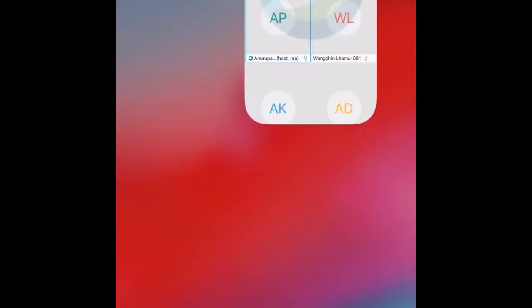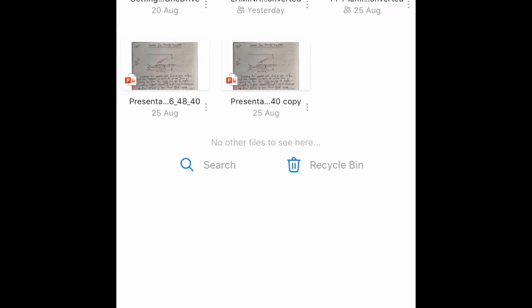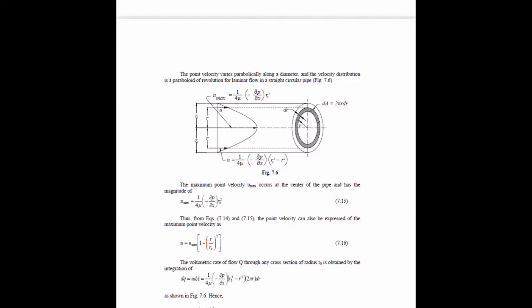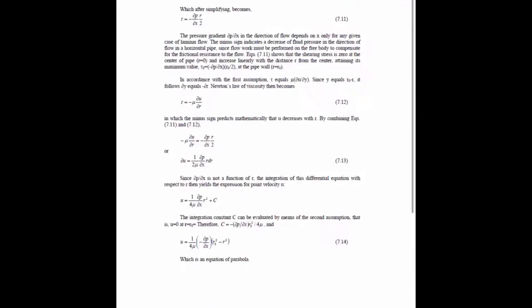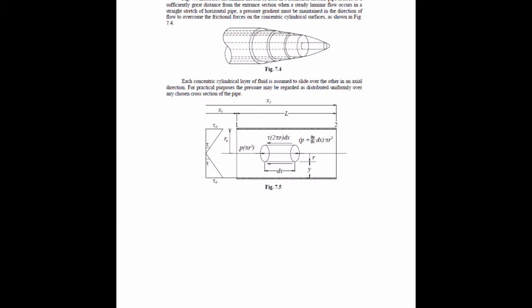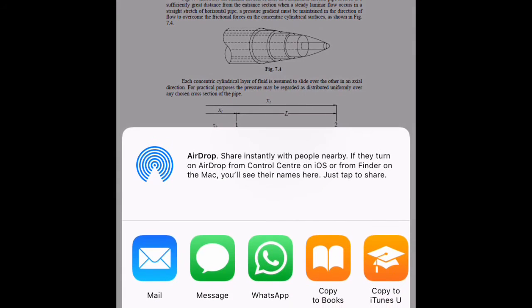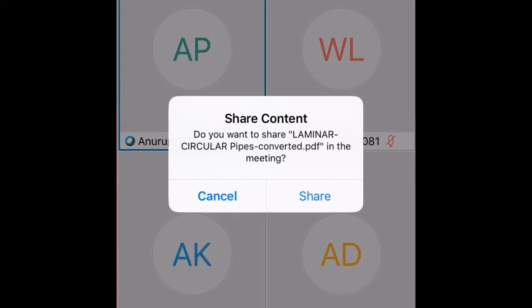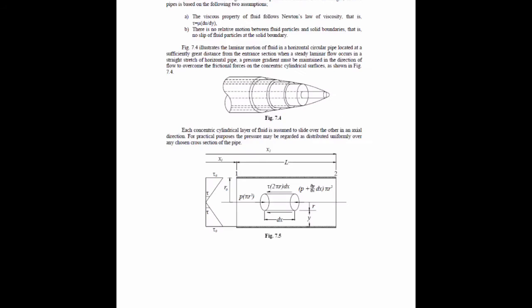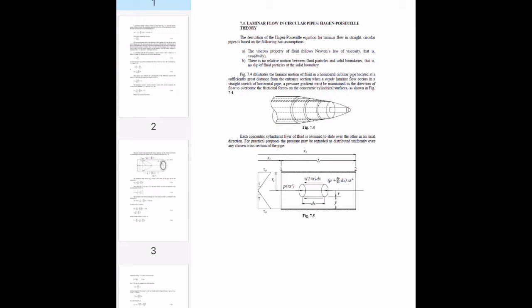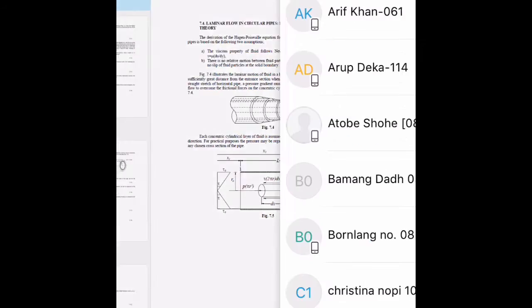So today we are going to discuss laminar flow through circular pipes. Then ultimately we have to derive Hagen-Poiseuille's theory. Okay, Hagen-Poiseuille's theory. So laminar flow in circular pipes and Hagen-Poiseuille's theory. To find out Hagen-Poiseuille's equation,